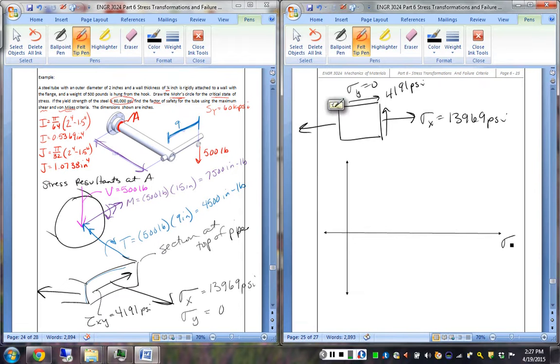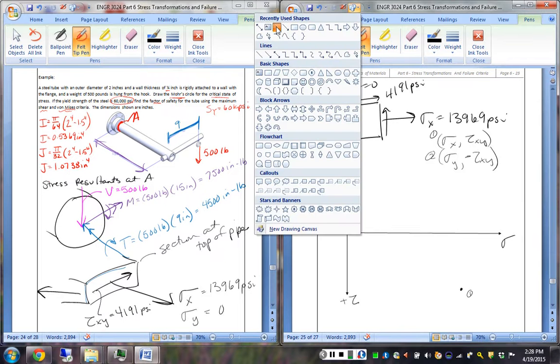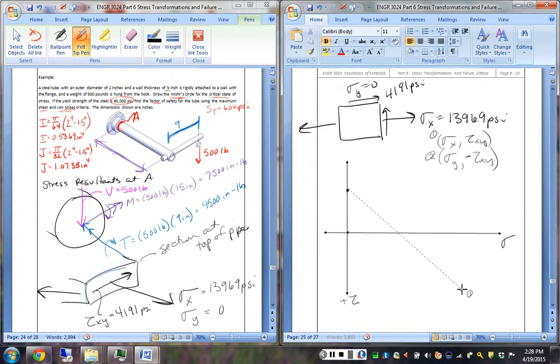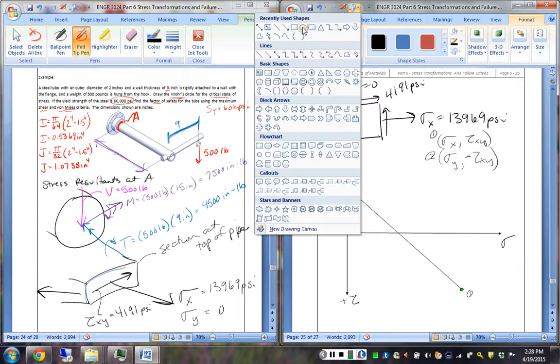And we know that this is our sigma axis, this is our plus tau. The first point that we plot is sigma x, tau xy. So we need positive 13,000 and positive 4,000. So that's our point 1. Our point 2 is sigma y and minus tau xy. Our sigma y is 0, and our shear stress is 4191, so we go to here, we connect our points with a line,